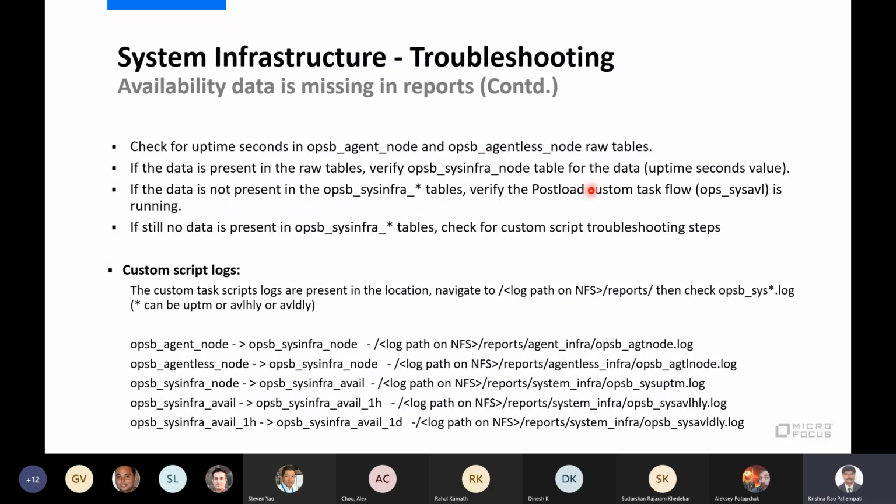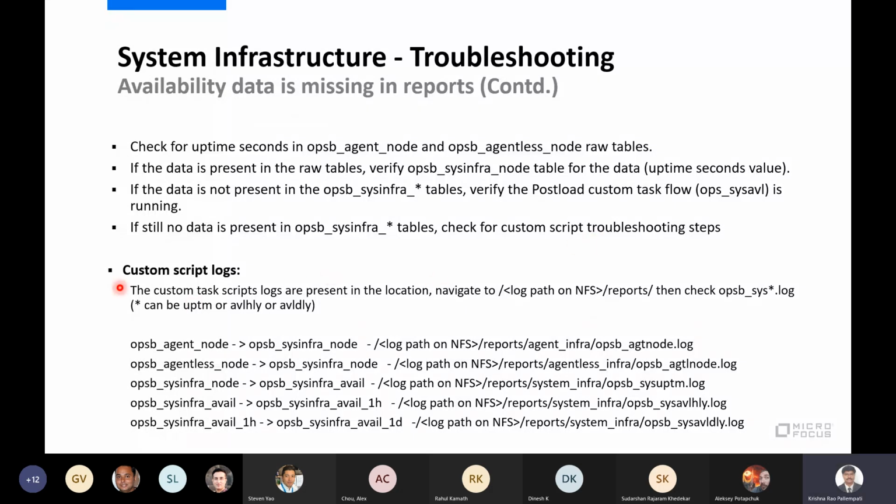As I mentioned, there is a custom task flow which will push the data from both agent and agentless to system avail. Whether that task flow ran or not, we check from the dashboard. And if there is no data in the system infra tables also, but we have data in the agent table and agentless table, then we'll go through the custom script troubleshooting steps.